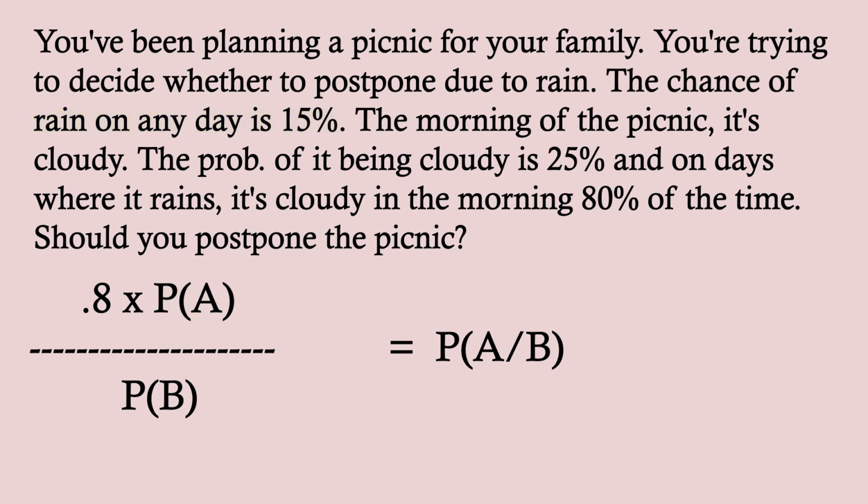The likelihood of it raining is around 15%. And last but not least, the total probability of evidence. We're just going to use the 25% chance of being cloudy. If you multiply 0.8 and 0.15 divided by 0.25,